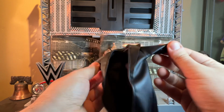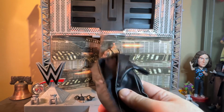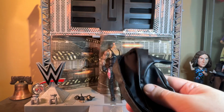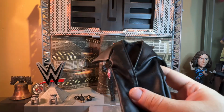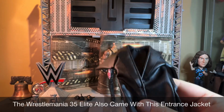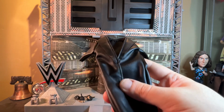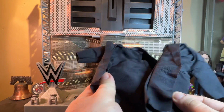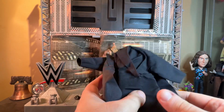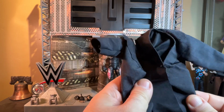His entrance jacket. And I'm so happy they went with the version I love the most, because I think there was only one other Taker figure that came with this exact same jacket, and I believe that was the WrestleMania 32 Elite Undertaker. And ever since then, we've mostly just gotten either rubber or this right here, or these right here. Now, I didn't mind when Mattel did this, because cloth goods is cloth goods, but the problem I had